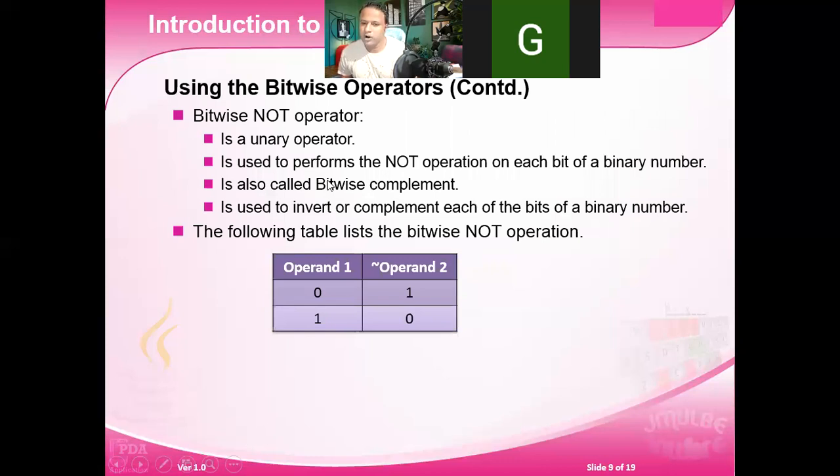The bitwise NOT operator works as a unary operator, on a single operand. It is used to perform the NOT operation on each bit of a binary number. It is also called the bitwise complement. It is used to invert or complement each of the bits of a binary number. Like 0 means false; if it is false then it returns true, if it is true then it returns